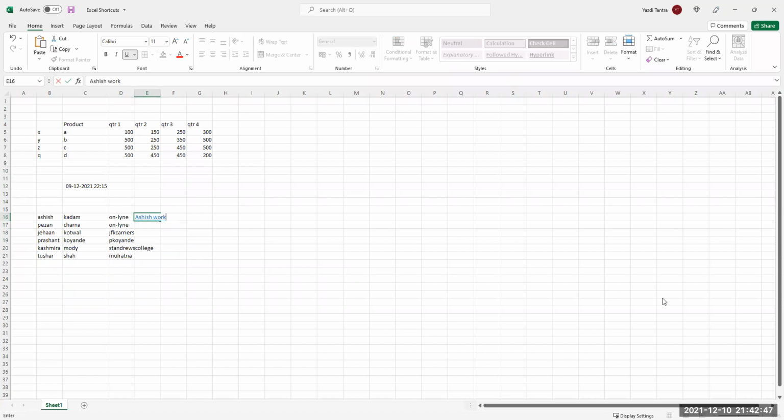Suppose I say Ashish works for online. Suppose I say this. Then what do you expect? Oh, great. Okay, so flash fill is very, very powerful if it is consistent.